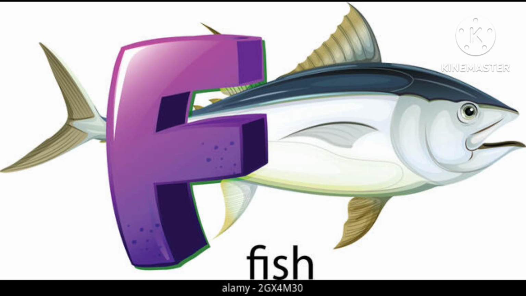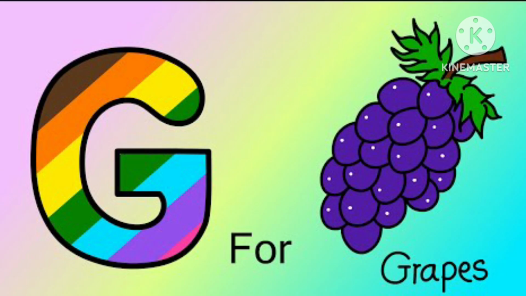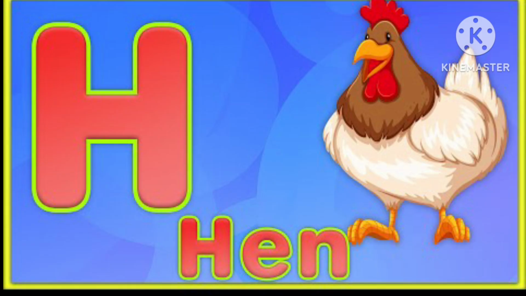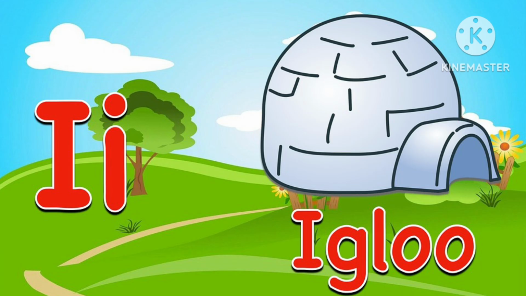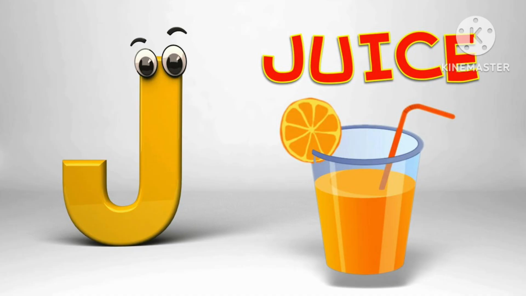egg. F for fish, fish. G for grapes, grapes. H for hen, hen. I for igloo, igloo. J for juice,